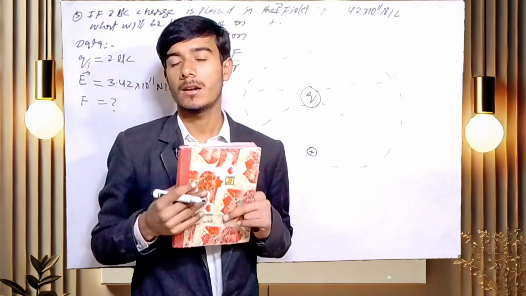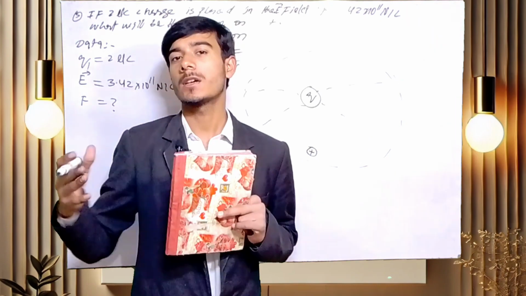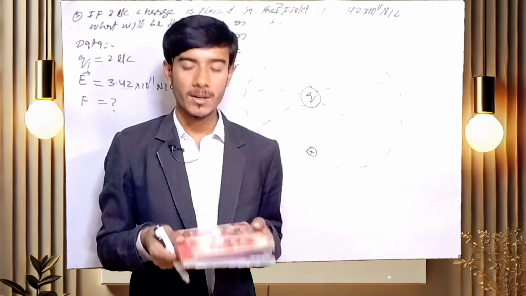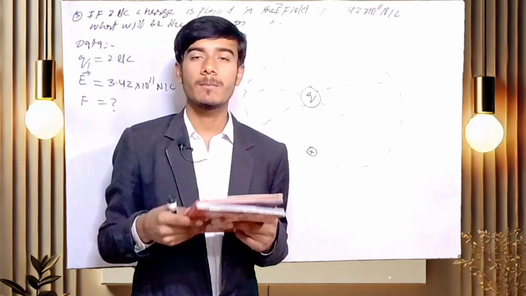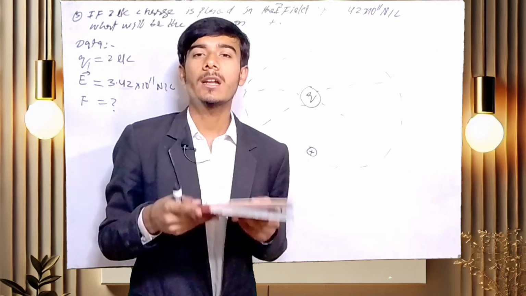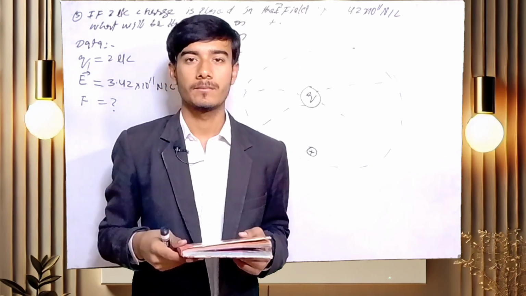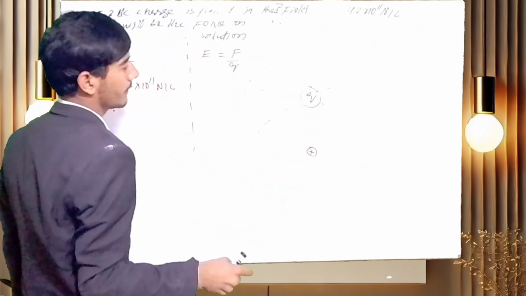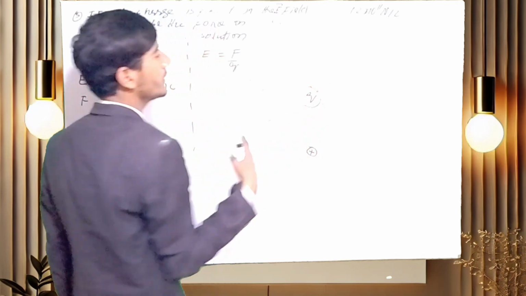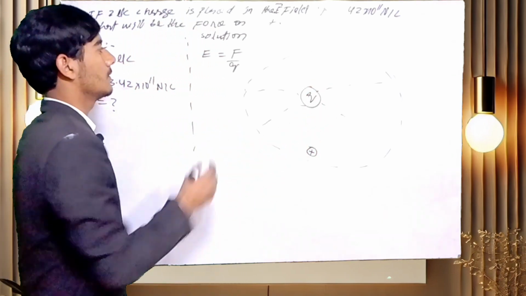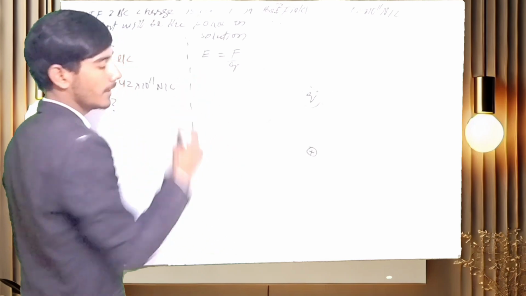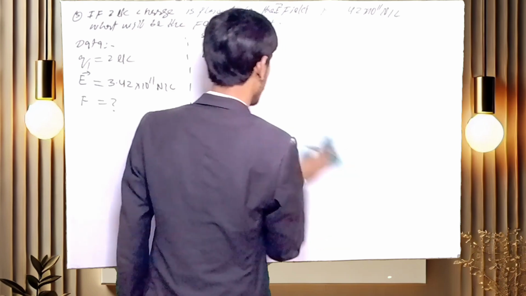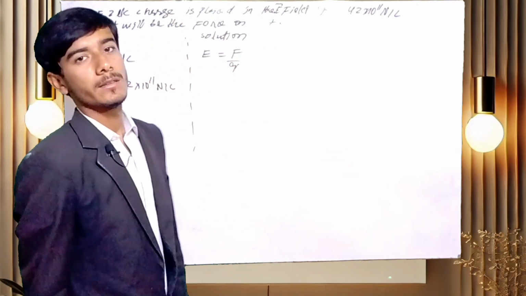It cannot exert a force on another charge. Like if I place a magnet and move it away from another magnet, then this magnet cannot attract that magnet. So this is the field around the source charge where it can exert a force on another charge. So force per unit charge is called electric field. If you want to understand electric field, you can also see the lecture.